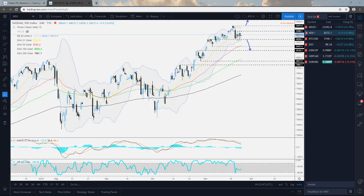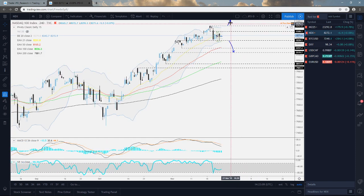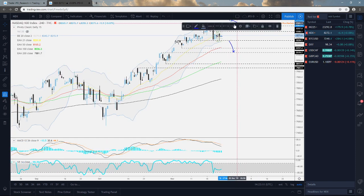So with Nasdaq, the index is also trying to make its way higher. It's currently trading near this little barrier at 8,308 zone. So basically, previously when I talked about Nasdaq last week, I was telling you guys to keep a close eye on this level, because if we get a push above it, then there's a possibility for a further move higher. But again, to be a little bit more excited with the upside, ideally we would need to see